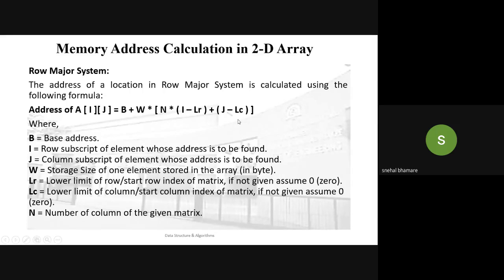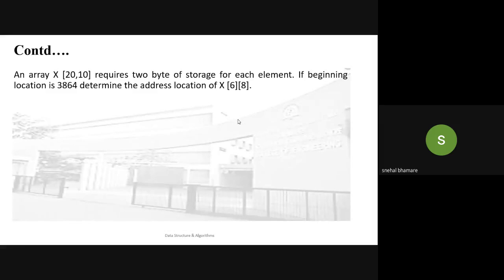Solve it in your notebook and write the answer in the chat box. I'll show you the question again. Have you noted the formula? Everyone, have you noted the formula? Okay. The question is this.